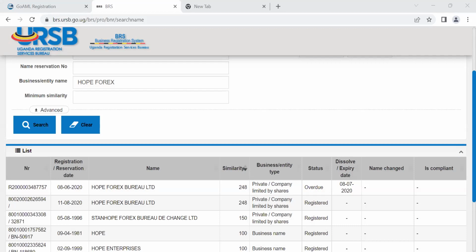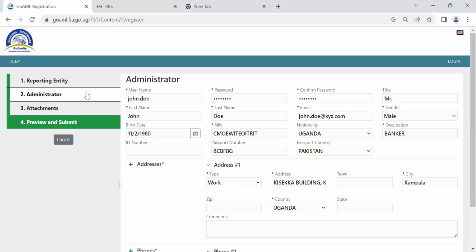The logins of administrator, I still have red showing. I don't know what could have gone wrong. You click on administrator where the red is, and then look through. You'll see the field with the red. It's showing me the first logins, the username, my passwords in red. Username is one word. If you put a space, then it won't work. Like the way you see mine, mine is john.doe. Okay, so it should be one word. Okay, I think it's corrected.